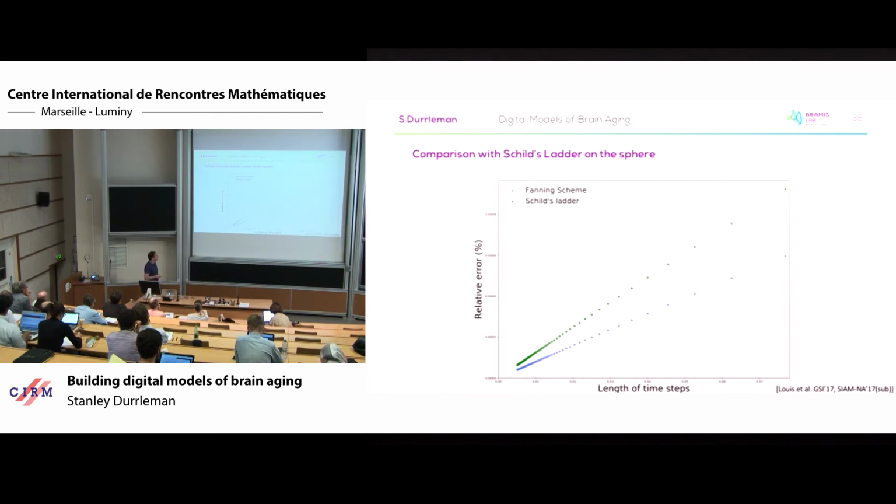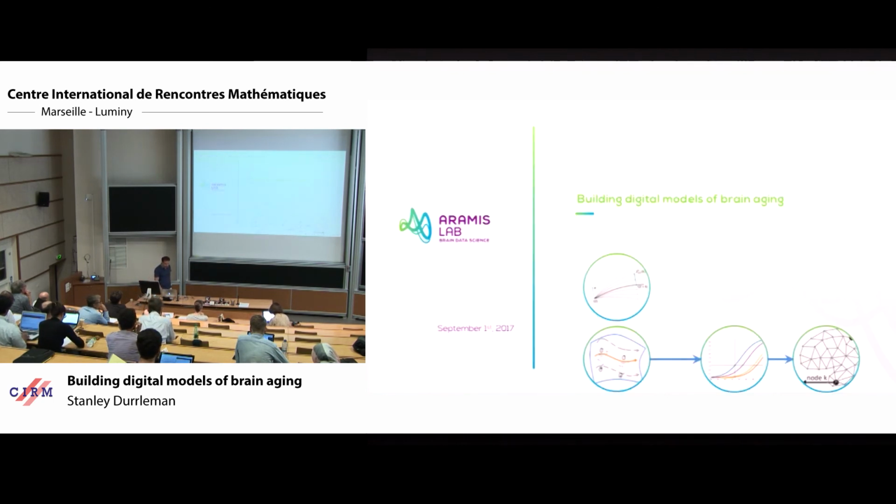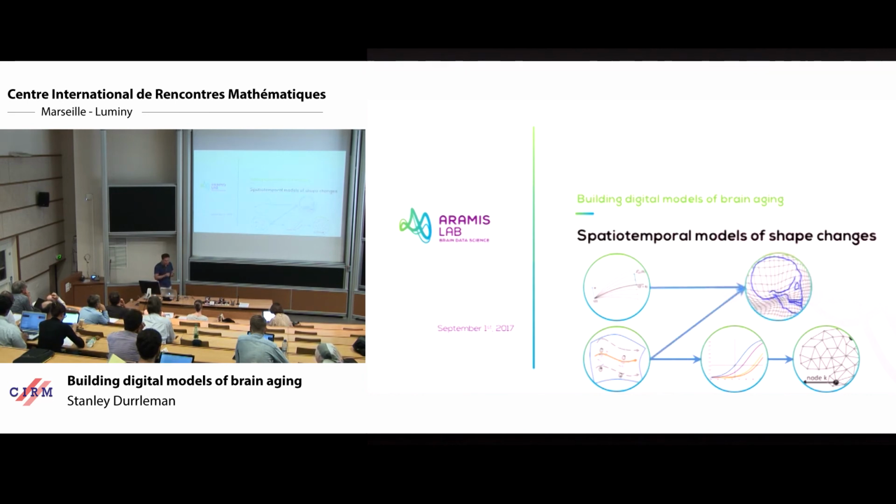And of course, we compare this with the Schild's ladder on the sphere. So here you have the convergence of the Schild's ladder, and here of our fanning scheme. So both are linear convergence, and on the specific example, you have a constant which is slightly better here. So once you have this numerical scheme embedded into the model, you can address quite more challenging applications, which here